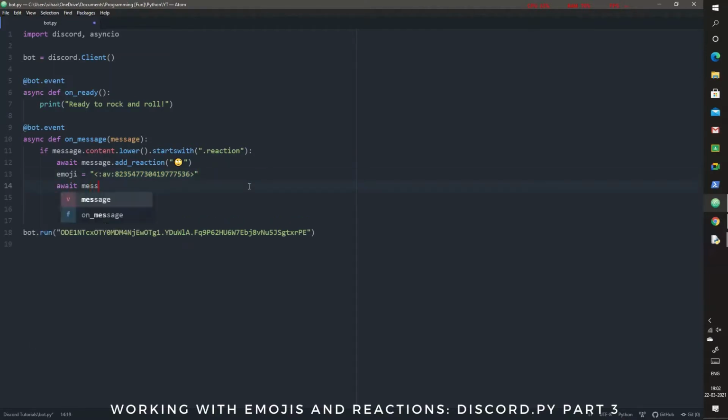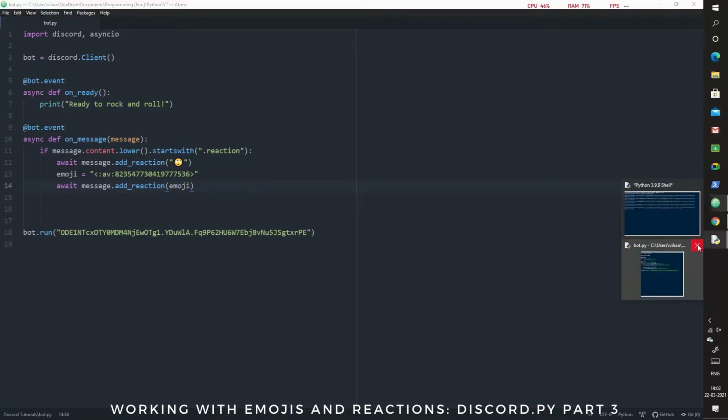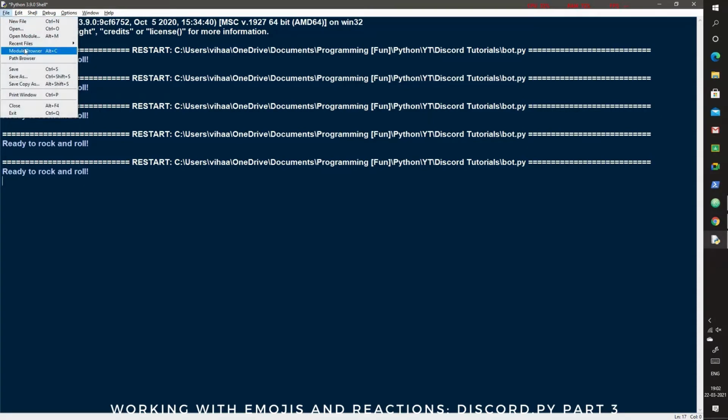Now await message.add_reaction, in emoji, and don't forget to put your F. It also works without this, so let's just do it that way, more simple. Now let's run this file and check out how the reactions work.